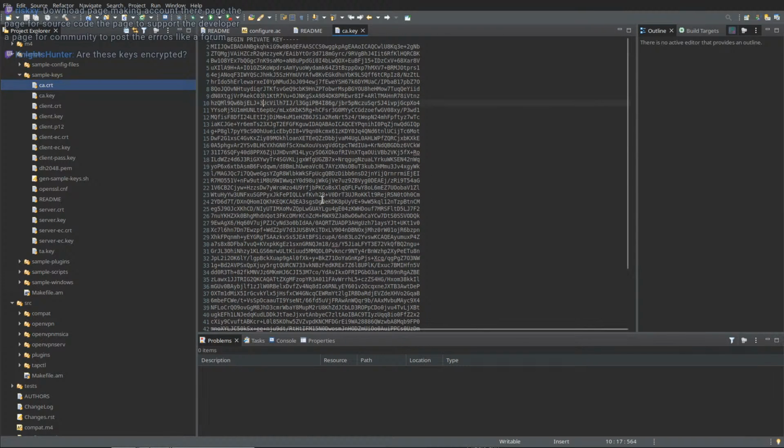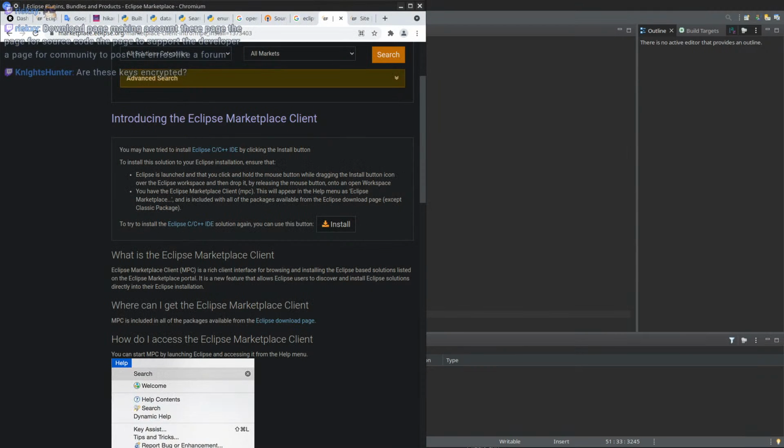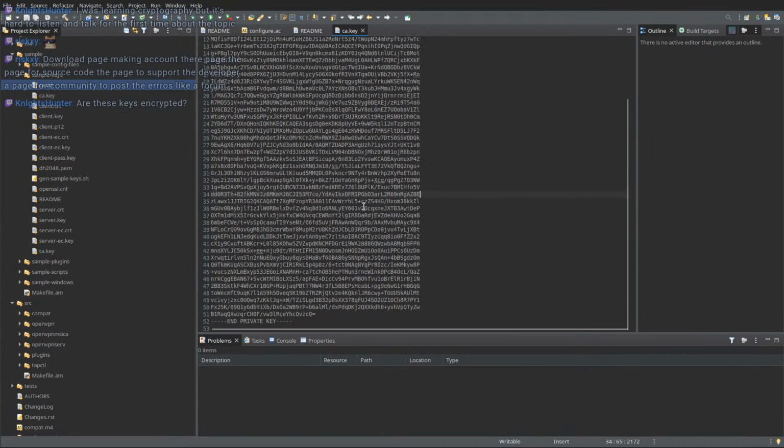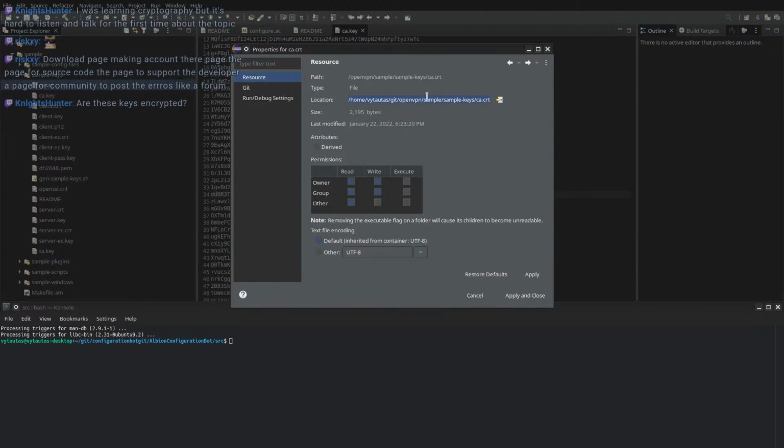So yeah, these are encoded, not encrypted. So I don't remember. I guess I have OpenVPN, and might as well use that to read what's actually inside the certificate. To do that, I needed the directory where this file is.